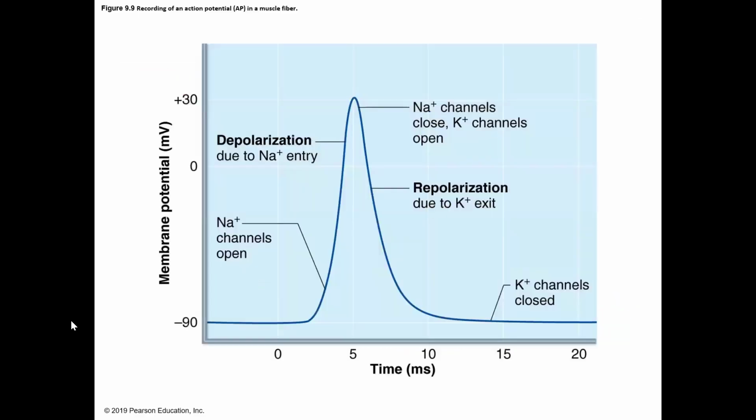All right, so let's review here. Step one, a neuron, and let's just say we're at minus 70 millivolts, not minus 90, okay? Step one, a neuron releases neurotransmitters onto the muscle, opening up chemically gated channels. As chemically gated channels open, positive ions for sodium come in, and the muscle is becoming depolarized. When you reach a certain threshold, in other words, when you change the voltage to about minus 50 millivolts,